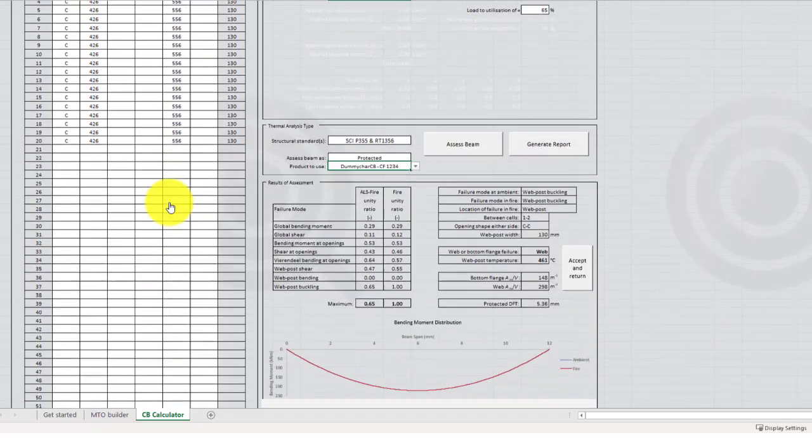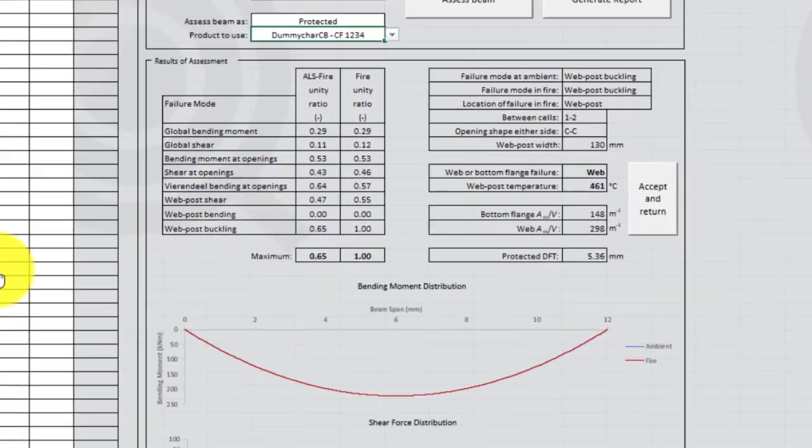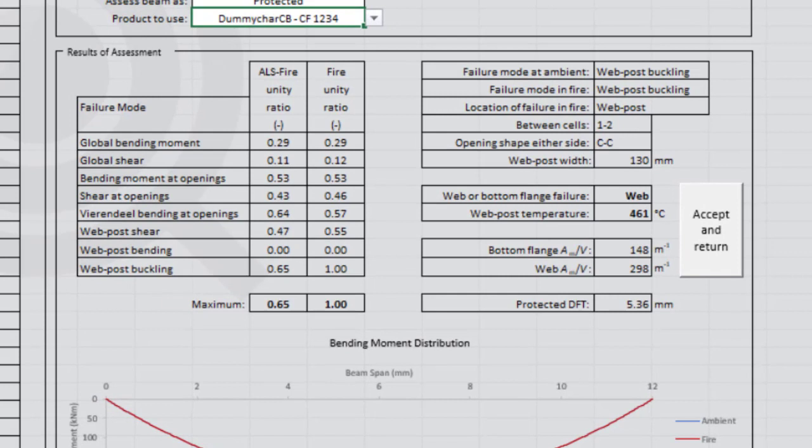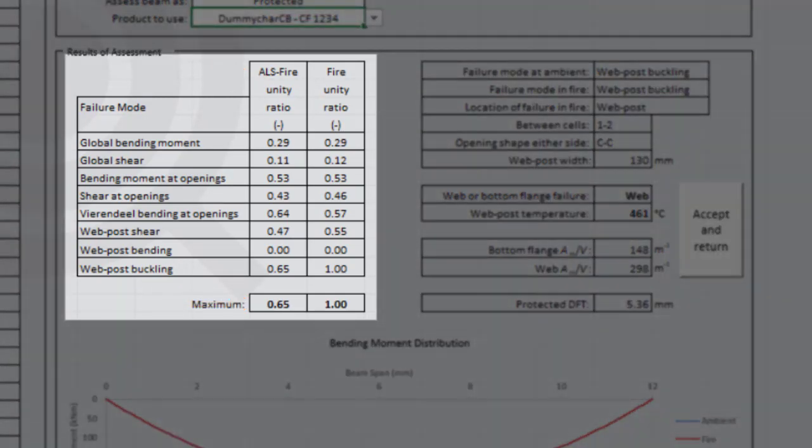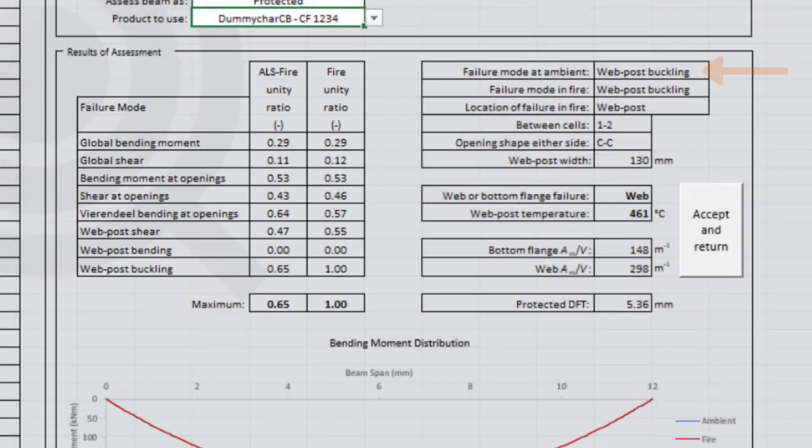We can confirm that the beam has been pushed to 65% utilization, or rather a unity factor of 0.65 at the fire limit state. The unity values for all the structure failure modes are shown. Web post buckling is shown to govern at both ambient and at elevated temperature. At fire, the critical web post is between opening 1 and opening 2, it has a circular opening either side